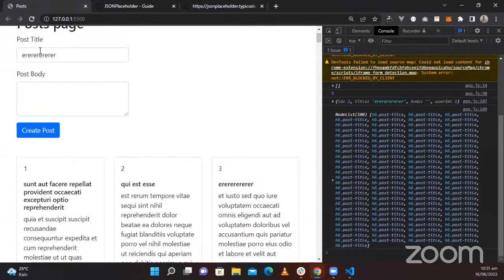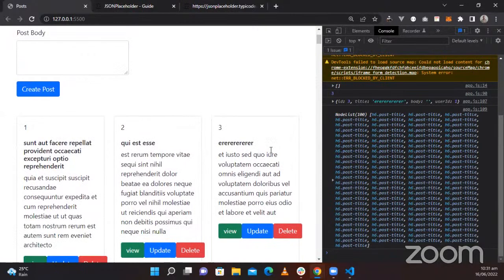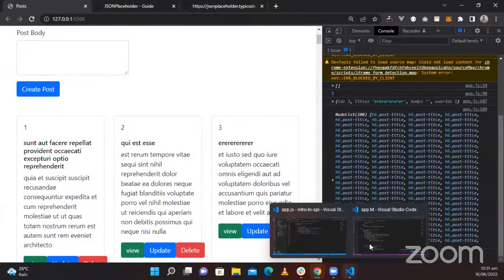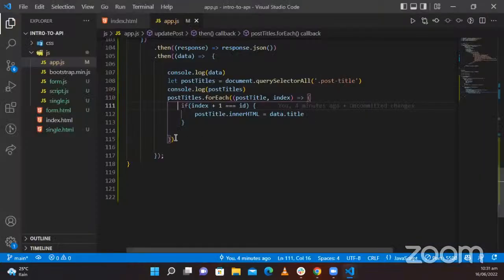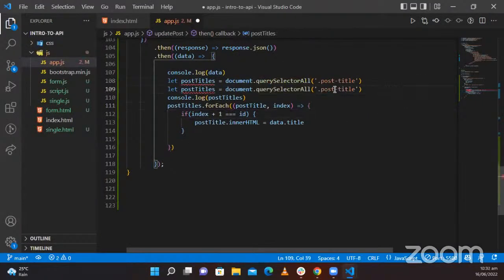Okay, so we're able to change the post title now. We also need to do the same thing for the post body. So when I come here, I just need to also, I'll repeat this. And instead of title,